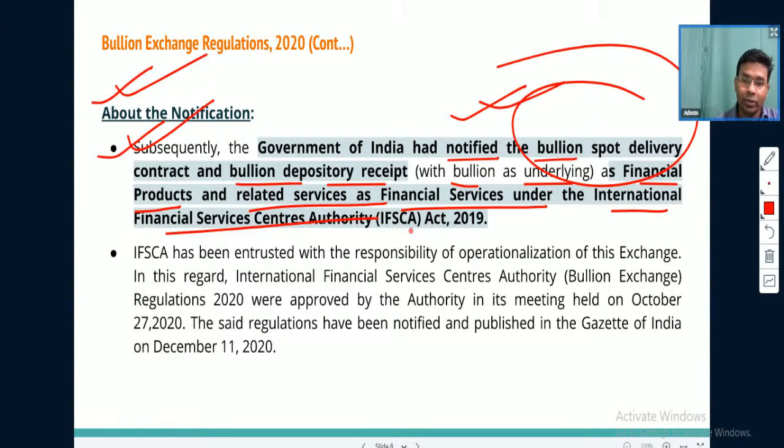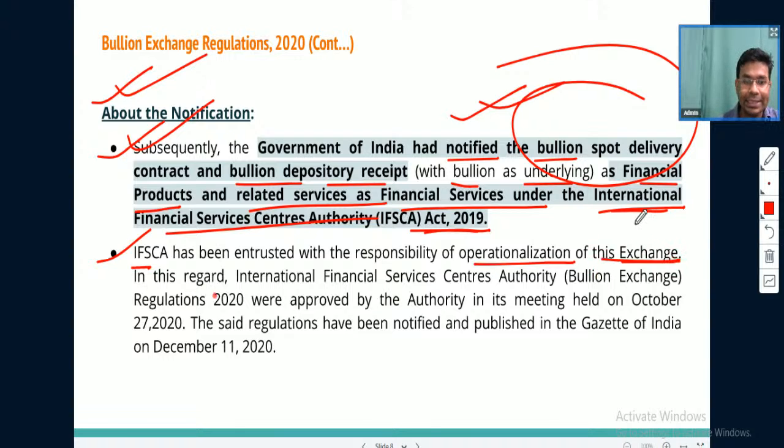So there was an act. This International Financial Services Centers Authority is a statutory body. This body has been created under the International Financial Services Centers Authority Act 2019. And this IFSCA, the International Financial Services Centers Authority, has been entrusted with the responsibility of operationalization of this particular